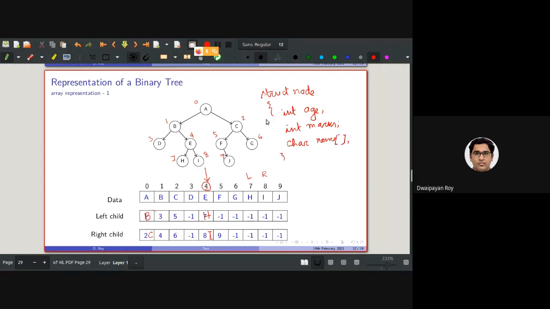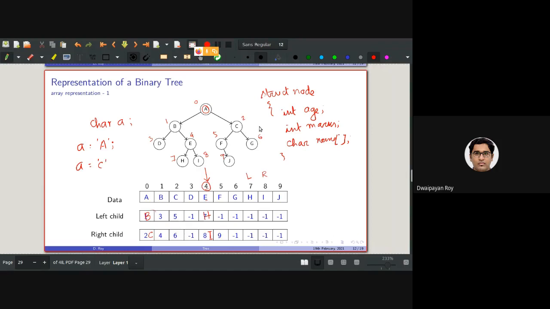So each of these nodes contains, instead of just, here the stored elements are only characters, right? So basically character A, A for this node, C for this node, and so on.